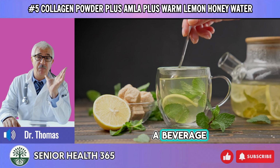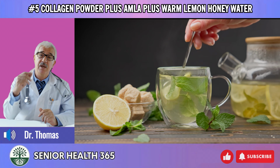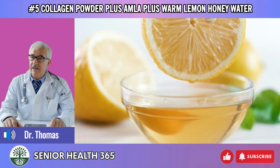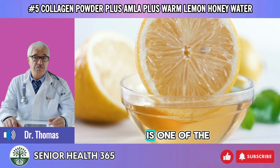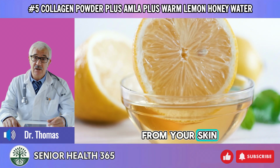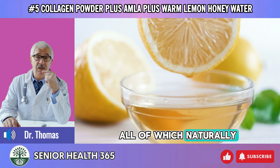It's more than just a beverage. It's a small daily act that helps support your joints, rebuild connective tissues, and gently wake up your entire system from the inside out. Collagen powder, especially when you choose hydrolyzed peptides, is one of the most absorbable forms of protein you can give your body. It helps strengthen everything from your skin to your tendons, ligaments, and muscles, all of which naturally decline as we